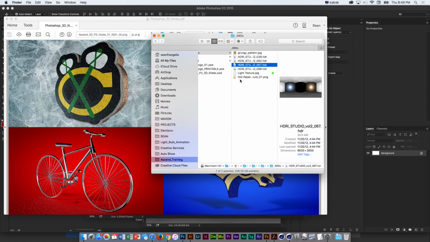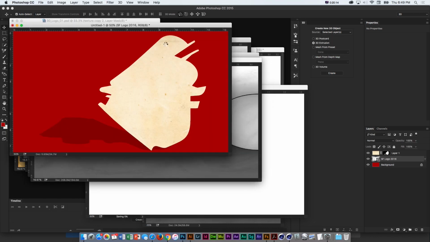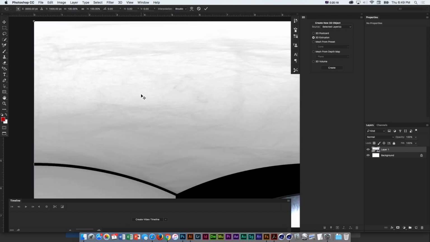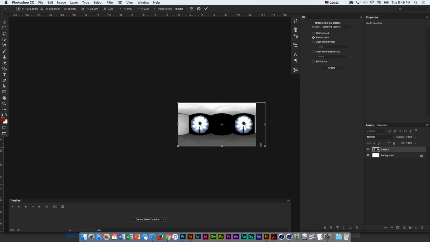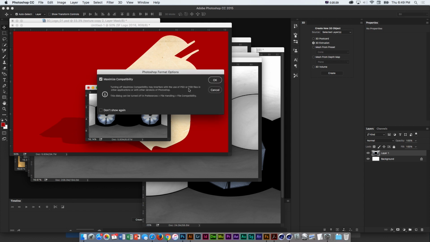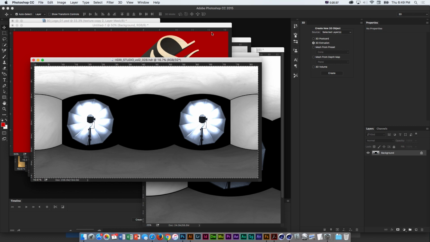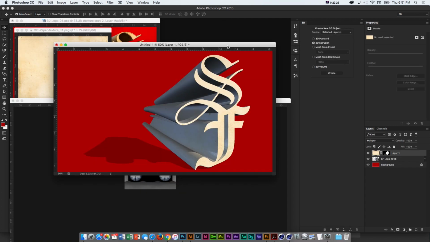But if we open up any of these quick examples I copied over, it's going to massively change how that looks, because it's going to reflect or show different things in the reflections of that object if it's very reflective. So if it was something like the carpet, as an example, which is a pretty matte object, there's not really much reflection; you'd maybe see a little bit just because it's something there. But if we quickly jump through these as an example, there's a lot of possibilities. You can do a lot with logos and that sort of stuff.